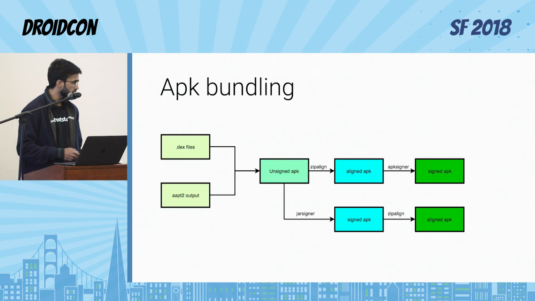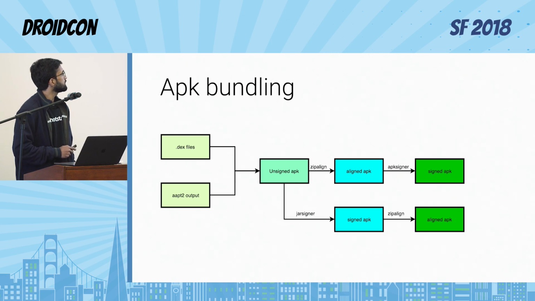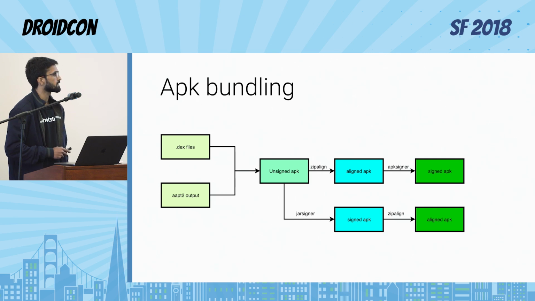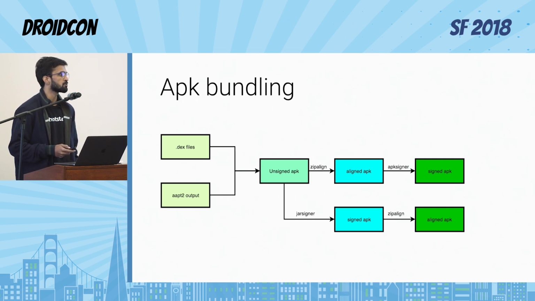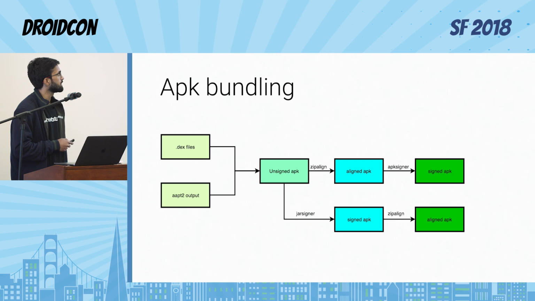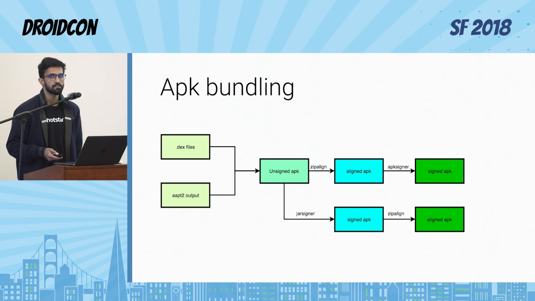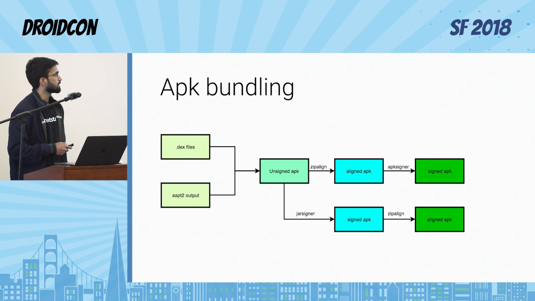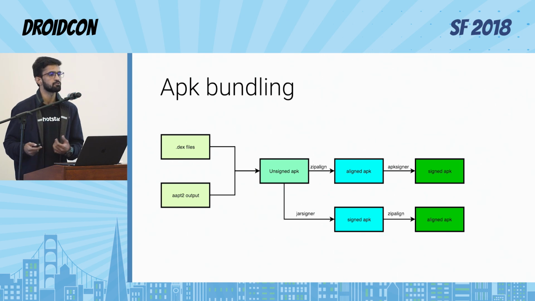Now, in the last step of the APK bundling, it will take the DEX file that was generated by the DEX generation step and the AAPT2 output that was the APK which was carrying the resources.arsc and other resources. But that APK, we can't install it yet on the actual device because it doesn't contain the DEX file. So what happens in the APK bundling phase, it merges this together to give us the unsigned APK. But again, unsigned APK can't be installed on the device because we need to sign it with our keystore. A keystore is nothing but a private key that we use to sign our APKs.